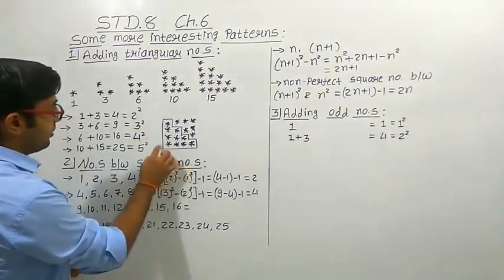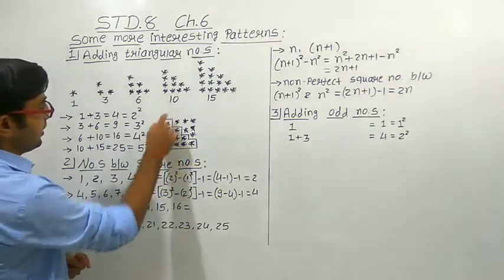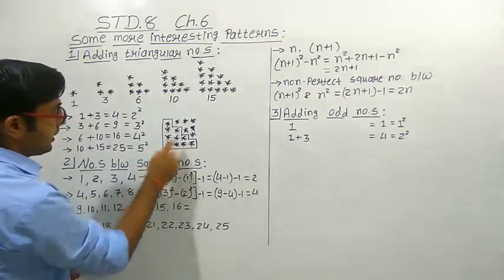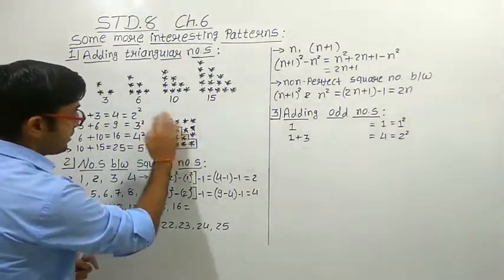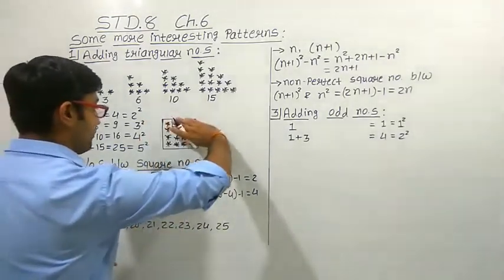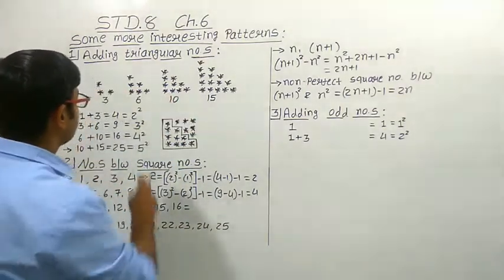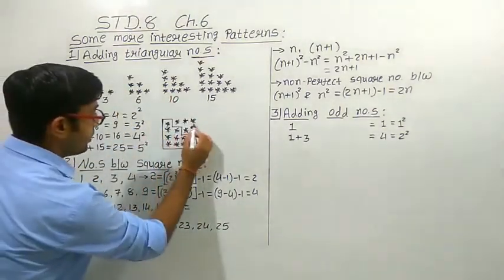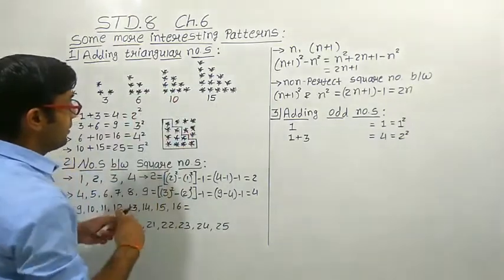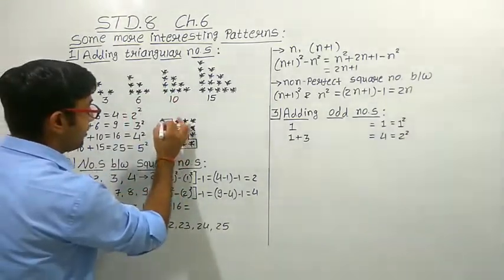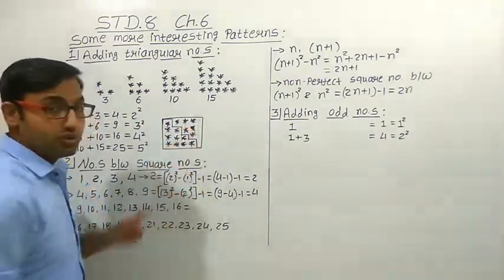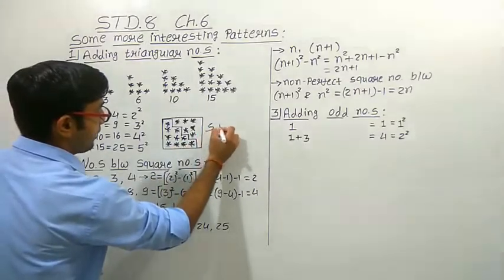See, if we take this triangular number, that is 10. See, 1, 2, 3, 4, 5, 6, 7, 8, 9 and 10. This is 10. So whatever space remains here, if we make steps like this, then this portion will remain. So which number will fit here? The 6 will fit here. See, 1, 2, 3, 4, 5 and 6. So when we put this triangular number here, both numbers will make a square, because here 1, 2, 3, 4 stars, and here also 1, 2, 3, 4 stars. So this becomes a square,